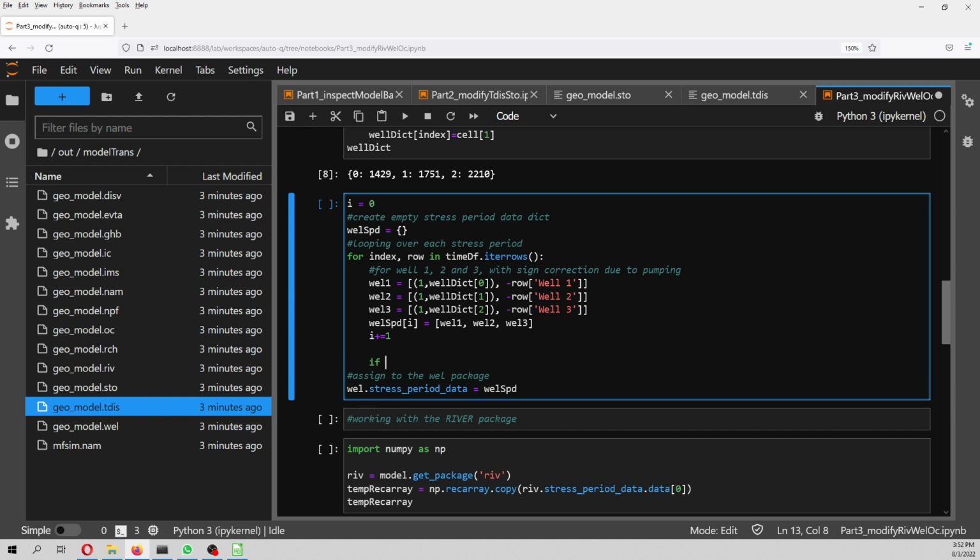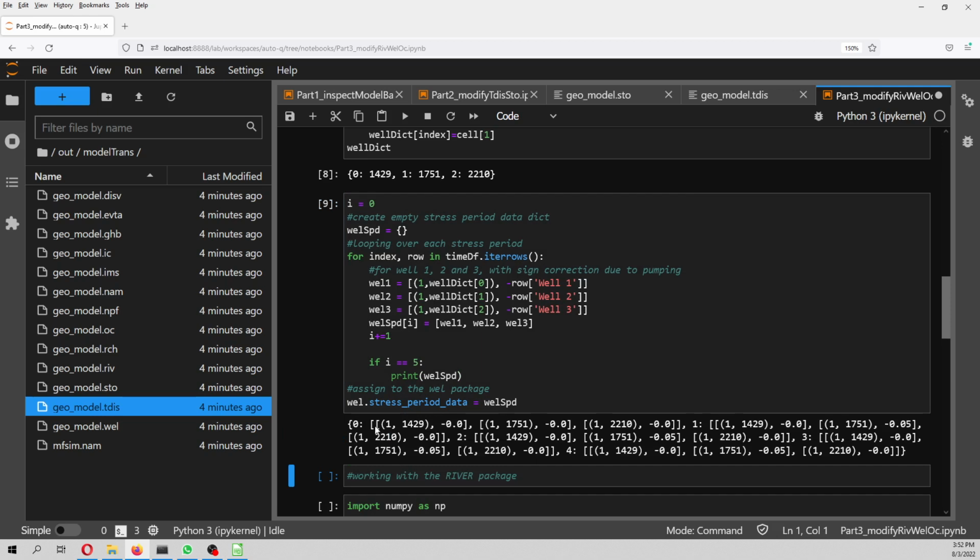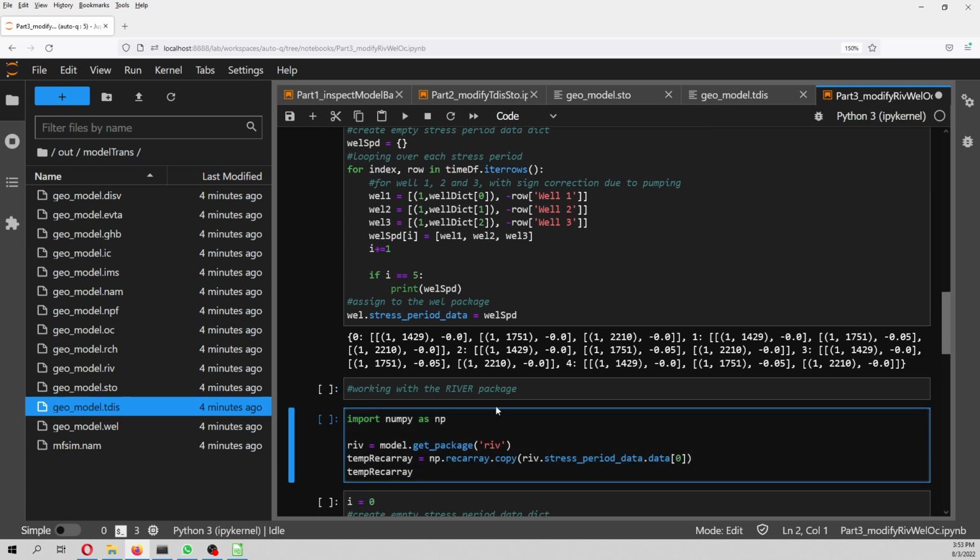We can see if e is equal to 5, print. Well, just to show you, this will be the dictionary, the stress period data of the well package. Okay, and then we are going to work with the river package. So here we got the river package,